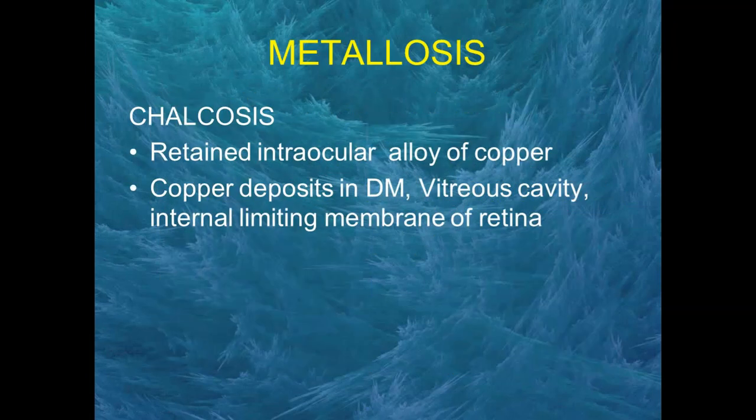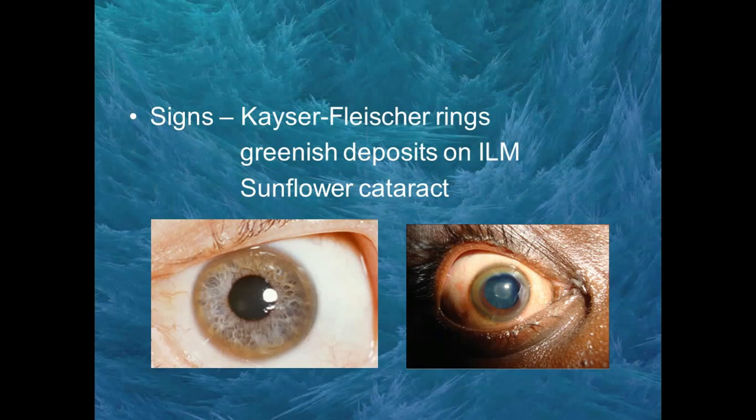What is chalcosis? Chalcosis is a retained intraocular alloy of copper. So here copper starts to deposit in the Descemet's membrane, the vitreous cavity and the internal limiting membrane of the retina. So what are the signs of chalcosis? The classical KF ring or the Kayser-Fleischer ring is what we see in case of